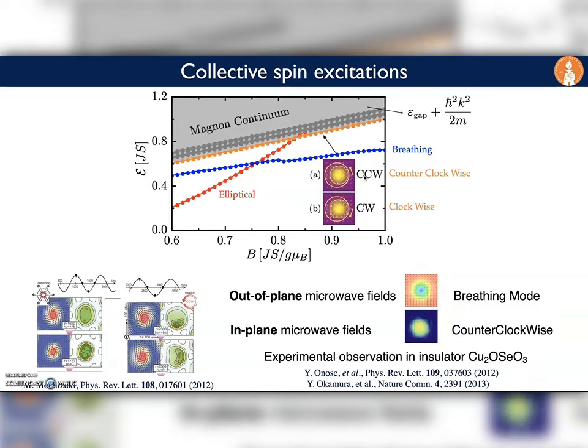By analytical and numerical calculations, we observe that the sense of gyration of these modes depends on the sign of the topological charge. So in particular, this mode will correspond to a clockwise mode for an anti-Skyrmion. It is also known that these modes are activated by microwave fields. For example, an out-of-plane microwave field will activate the breathing mode, while in-plane microwave fields activate these gyration modes. Both of these modes have been experimentally measured in a Skyrmion-hosting ferromagnetic insulator in the gigahertz regime.